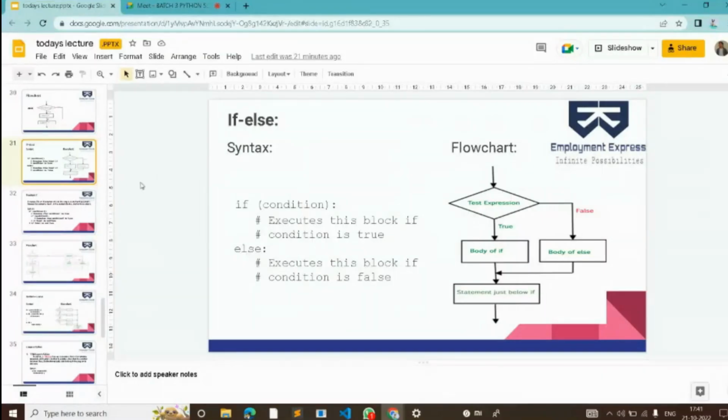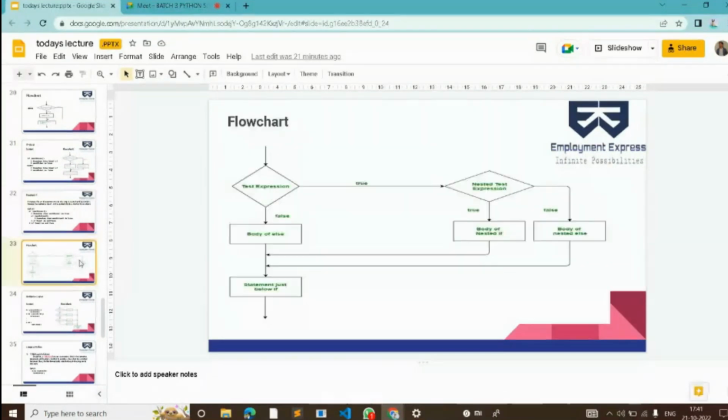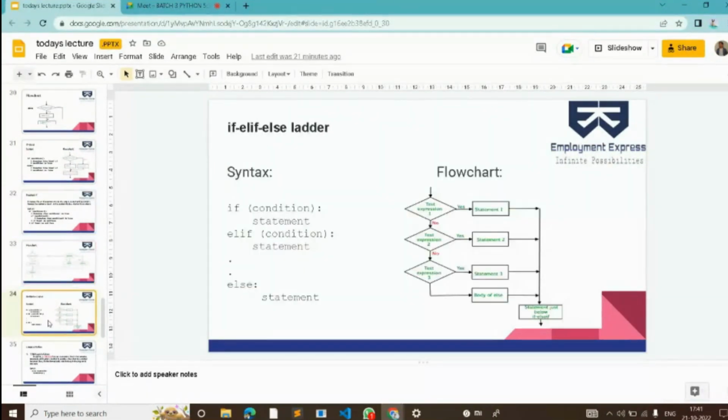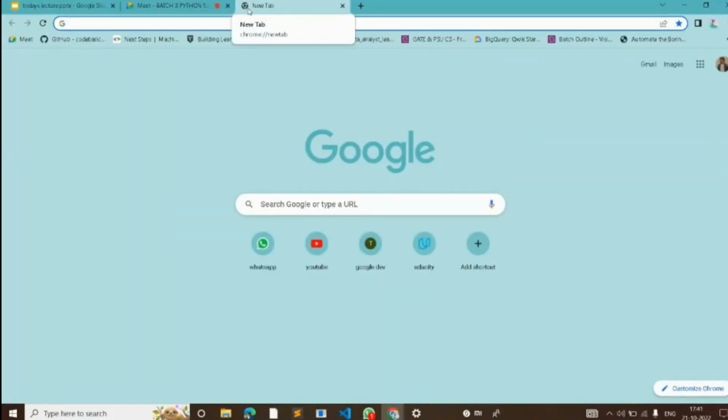In yesterday's class we studied if-else conditions, nested if and else, flowcharts, and the if ladder. For the if-else ladder, I am going to solve a problem today, which is the division problem. If I give you a number like 36, I want to know